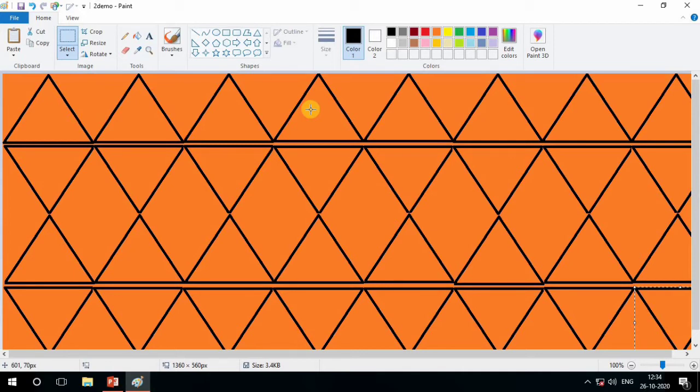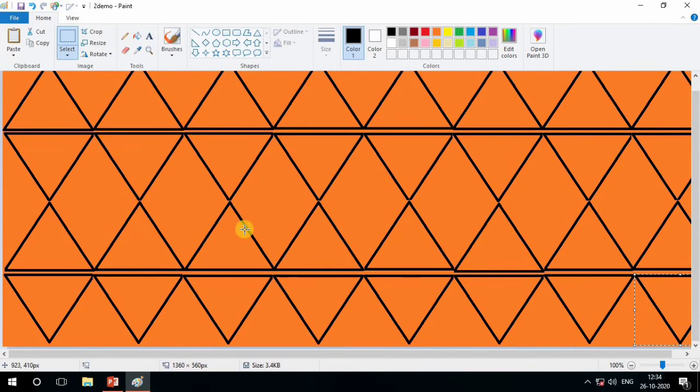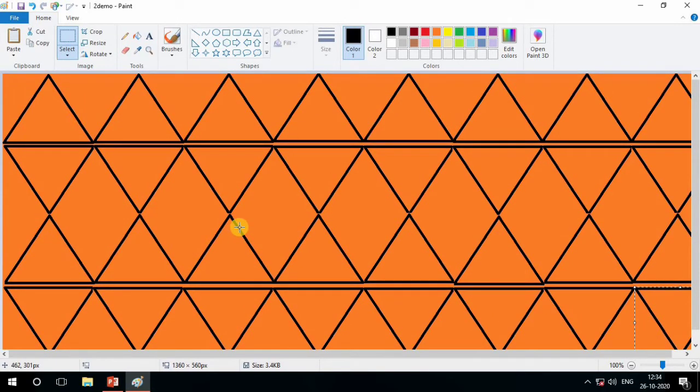By copy and paste and rotation option, we can draw something new, right? Now see, we have to fill the colors, something new colors. So for that, what we have to do, first of all, choose the color picker. Yes, and choose the color that you have to fill. So I just select this,